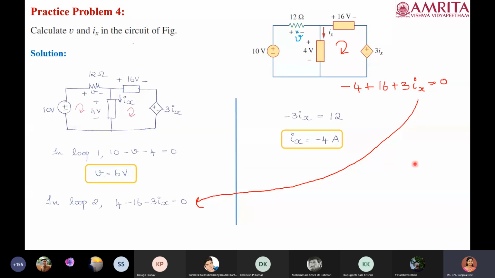Okay. So altogether, if I just wanted to summarize, as far as the current direction is concerned, we can assume a random direction of current and solve the complete set of equations. If the answer is positive, the assumed direction is correct. If the answer is negative, the assumed direction has to be opposite. But you need not do any correction. Whatever convention you have already taken, you keep it as such and show the answer in negative. Then the teacher will also understand that the current has to flow in the opposite direction. That is actually understood.